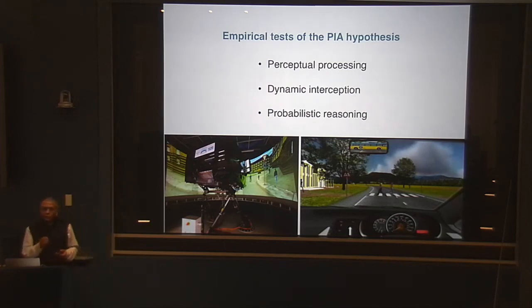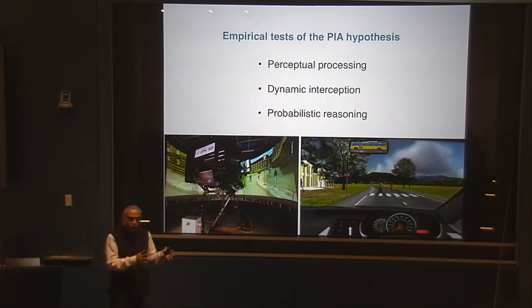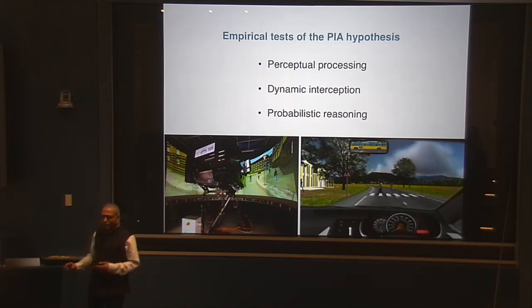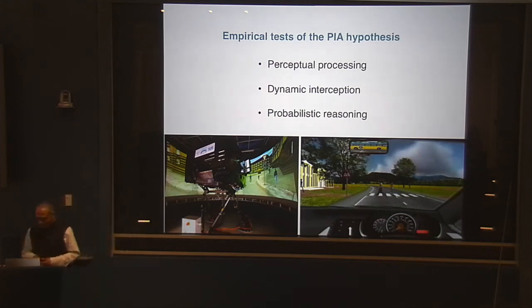So looking at it from the lens of PIA, we would like to probe whether there are telltale differences in the predictive behavior that a driver engages in during driving between the AST group and the NT group. We are doing this in collaboration with the Technical University of Munich, which has the world's best driving simulator. They spent about $5 million on that simulator. We are trying to get at that question.